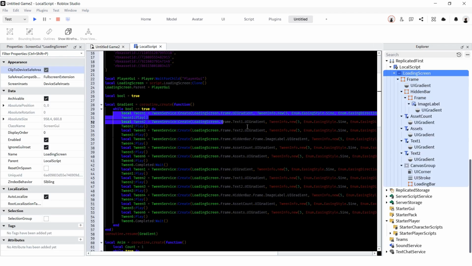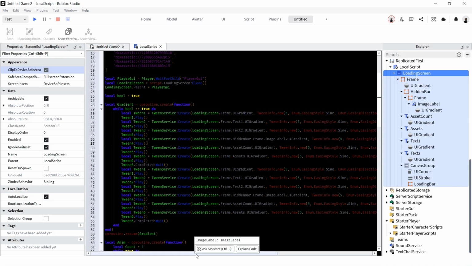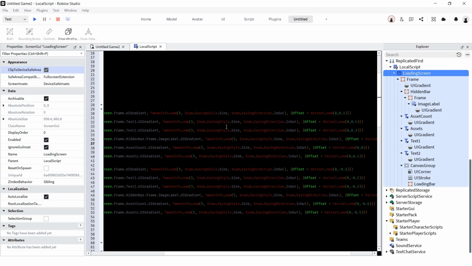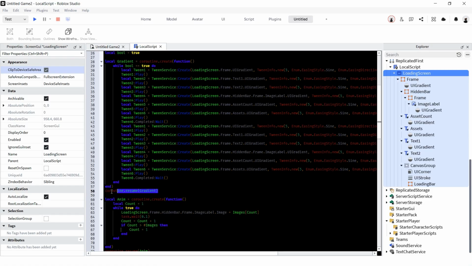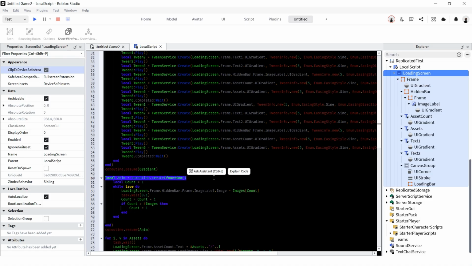Now use TweenService to make all gradients go back and forth like this. I recommend you use an easing style like Sine and InOut for easing direction. You can also use Tween.Completed to wait until the tween finishes. Resume your coroutine to continue the script execution, create a new one, assign a local with 1, create a while true do loop,